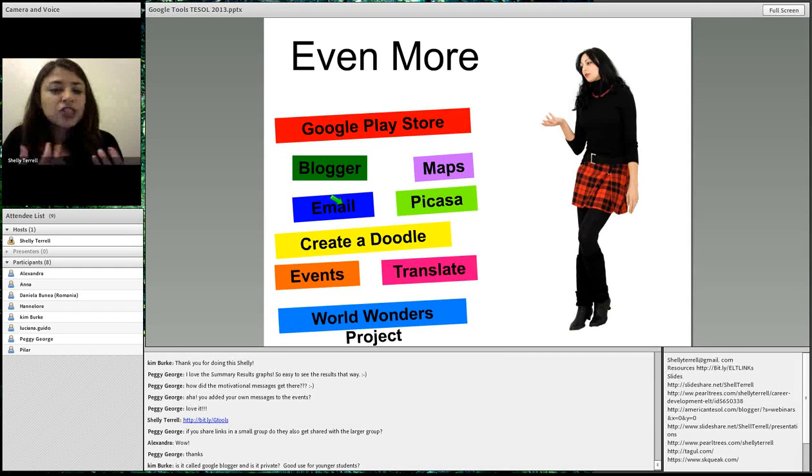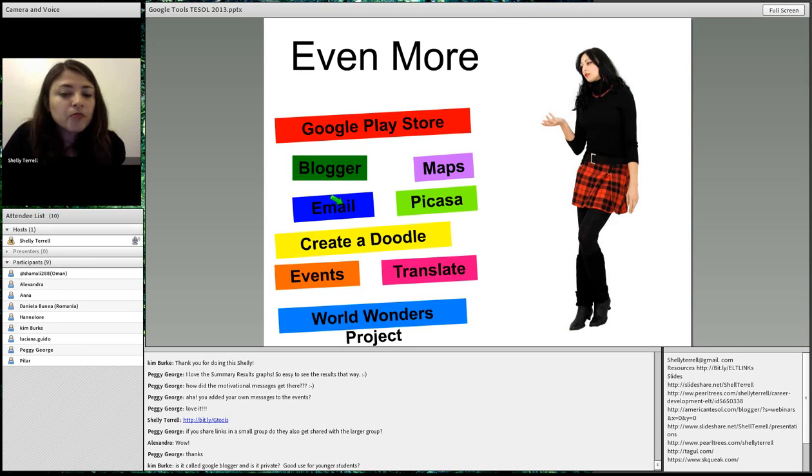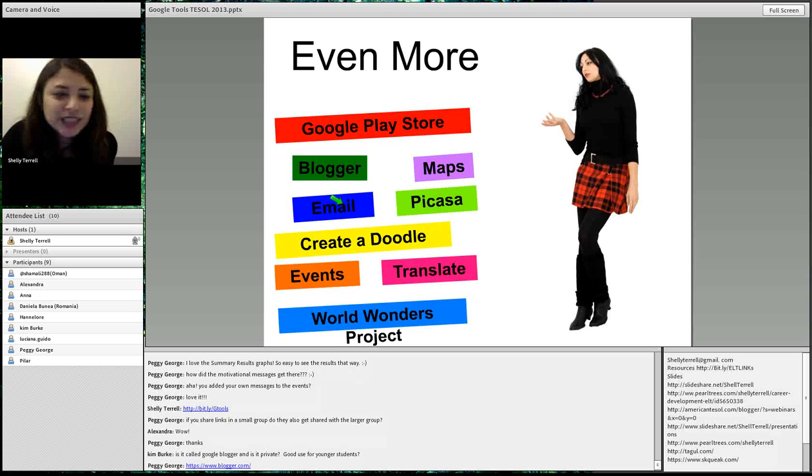Gmail is very intuitive. In my Gmail, every time it comes up with a date or something, it says, do you want to add it to the Google Calendar? So I think it's awesome. Kim Burke asked, can you make Google Blogger private? Yes, you can do that. It is good use for younger students, but to be honest, Kid Blog is my favorite. It took me 10 minutes to make 20 different kid blogs the other day for 20 kids.